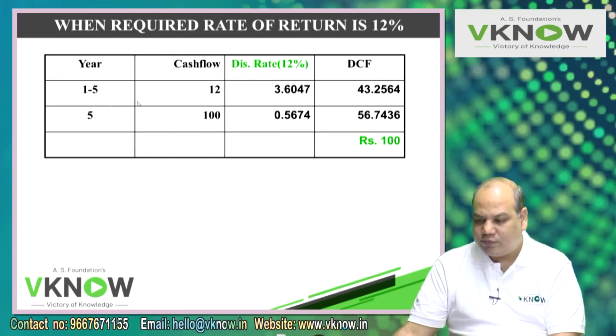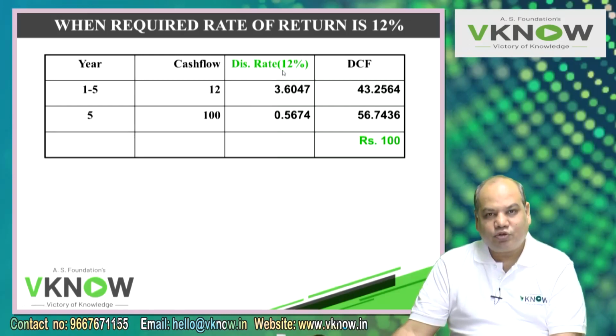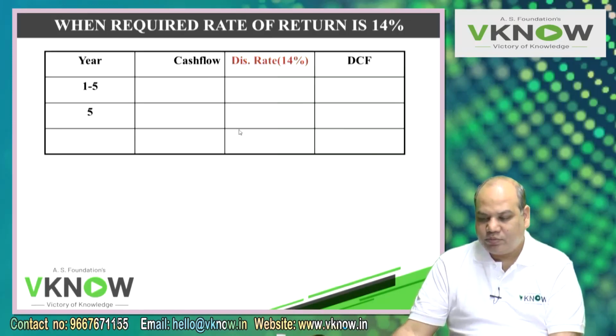Now in this kind of question, you must get 100 rupees. Why? Because your coupon rate is 12%, your required rate of return is also 12%, both are 12%. You want a 12% rate of return, they are offering you a 12% rate of return. So therefore you are willing to pay an amount equal to par value. If you pay 100 rupees, your target return or required return of 12% will be fulfilled.